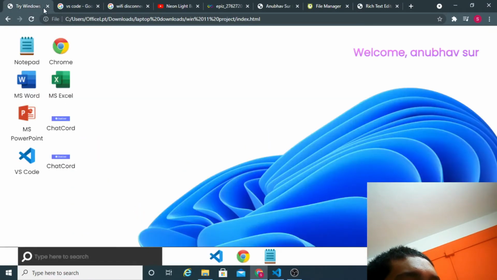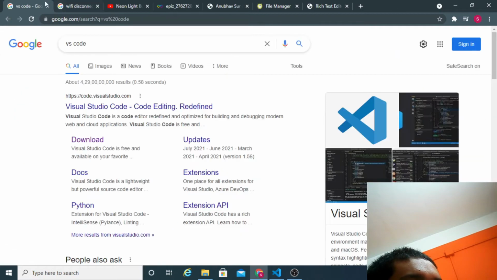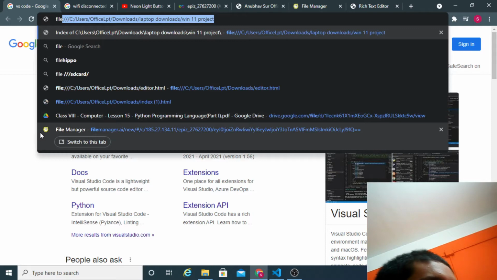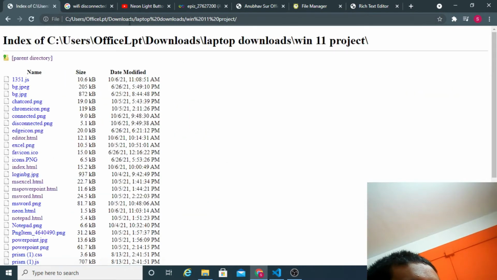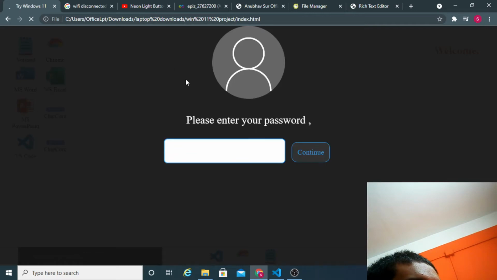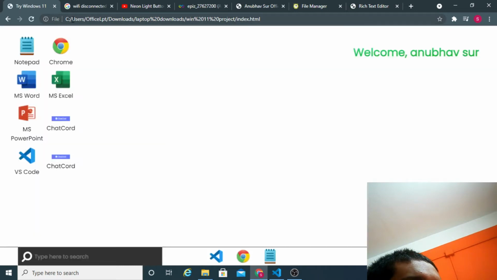Another thing I want to show is my login state, meaning whether I am logged in or not, whether I have entered my password or not. It is based on session storage. Means if I close my browser tab, and after that I again try to open it, then only I have to log in again. Or else, suppose I have already logged in and I have not closed that tab. Over here, as you can see, I had closed that tab, but I don't have to log in again, because the login state means I was logged in.